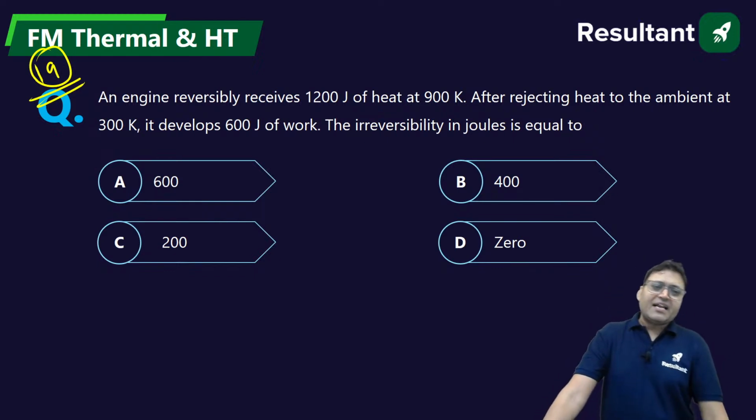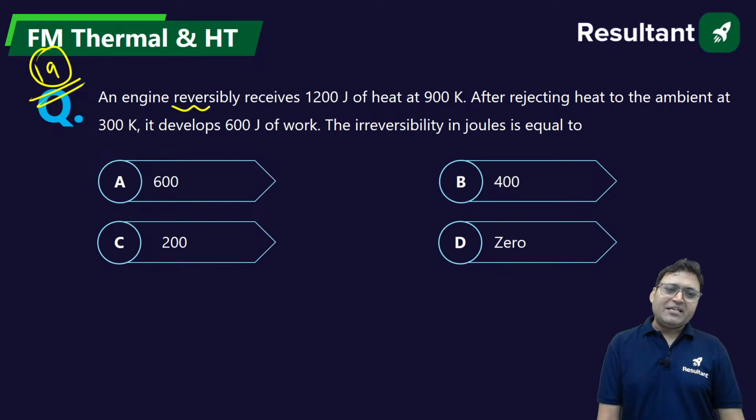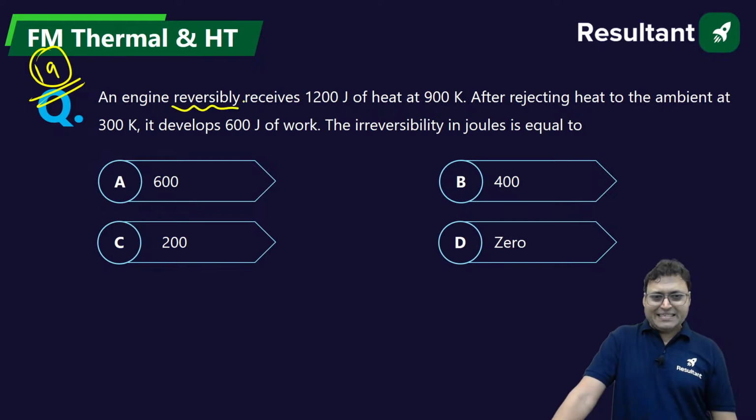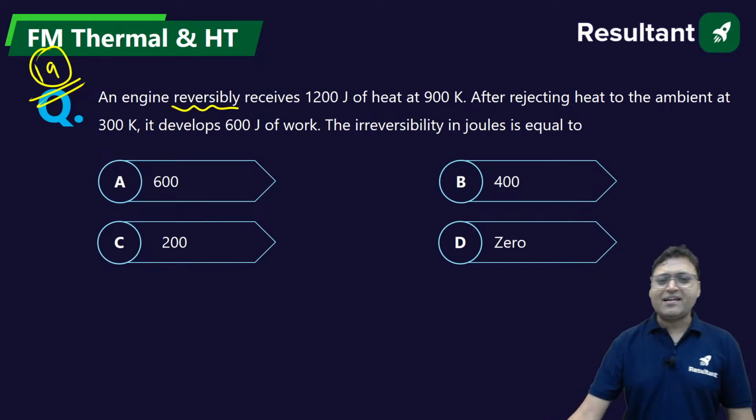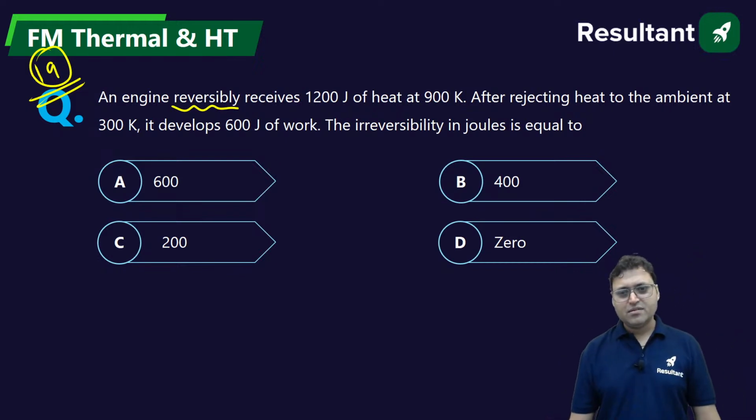An engine, a reversible engine, receives 1200 joule of heat at 900 Kelvin after rejecting heat to the ambient at 300 Kelvin. It develops 600 joule of work. The irreversibility in joule is